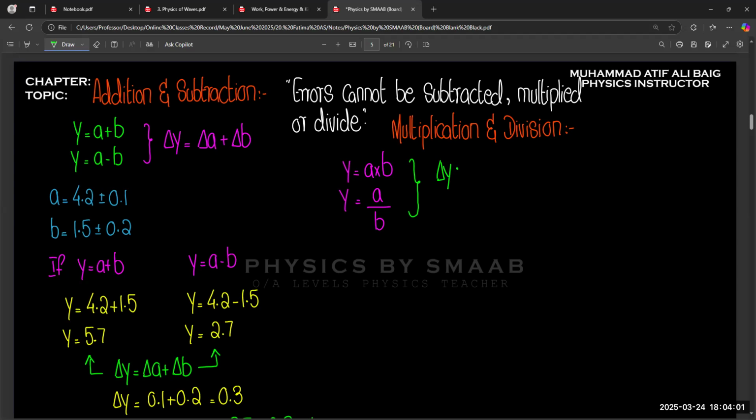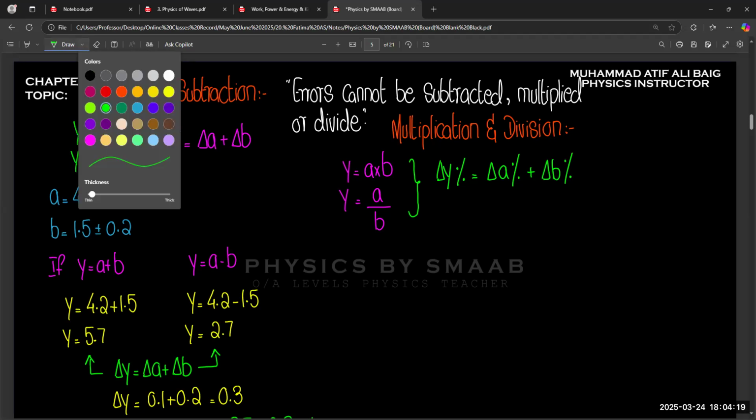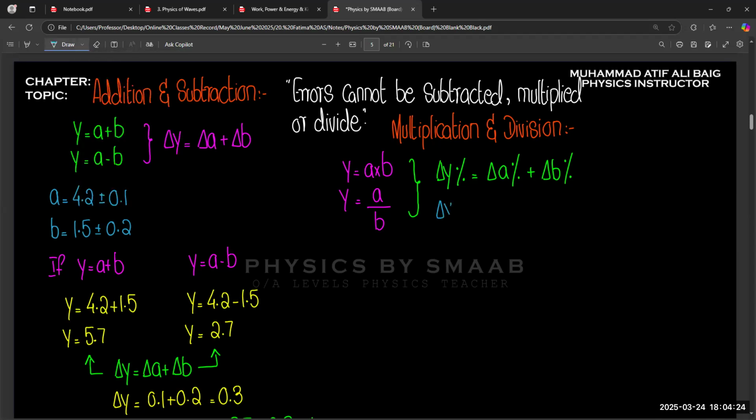Percentage uncertainty in y is equal to percentage uncertainty in a plus percentage uncertainty in b. Or in simple words, delta y, the uncertainty, divided by the true value, multiplied by 100. In the same way,